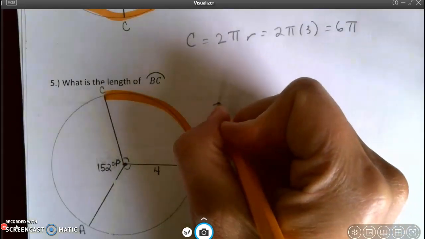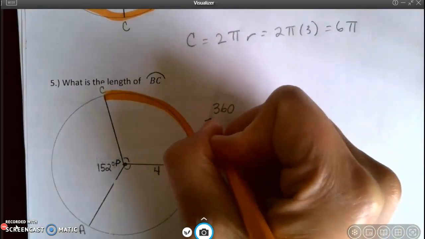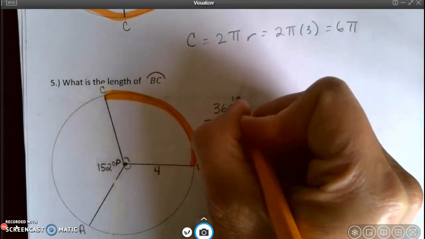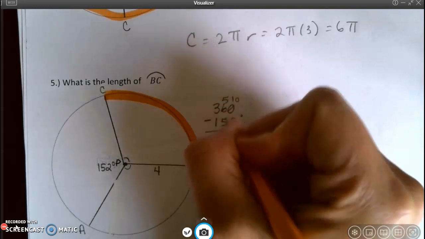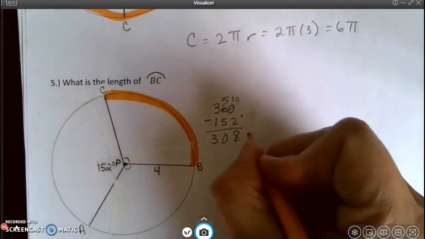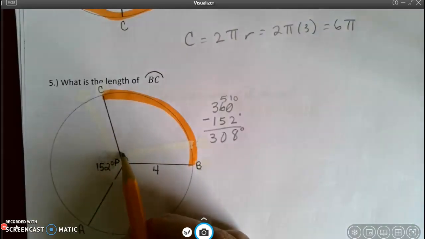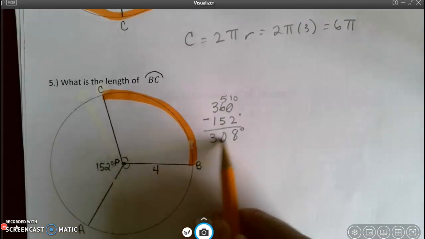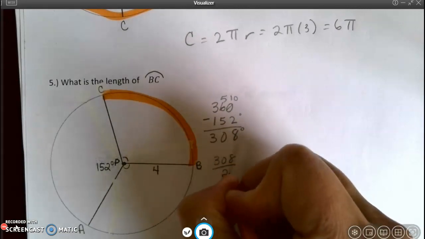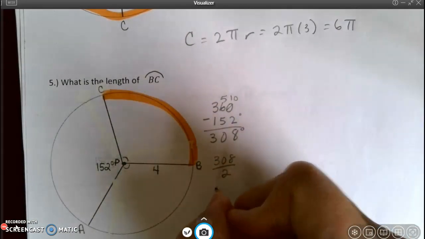I'm going to start by saying 360 degrees minus the 152, and I'll get 208 degrees is all of this. Well, if these two angles are the same, it must be 208 divided by 2, which would be 100